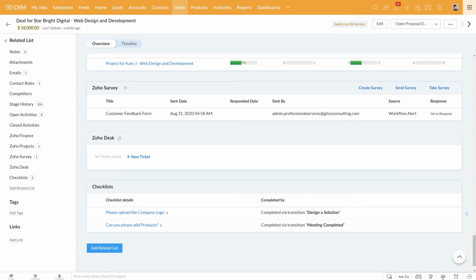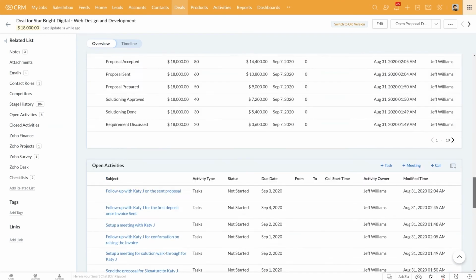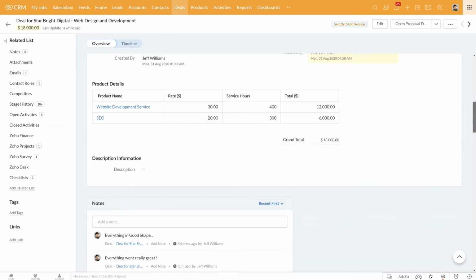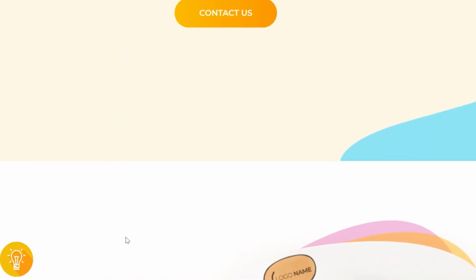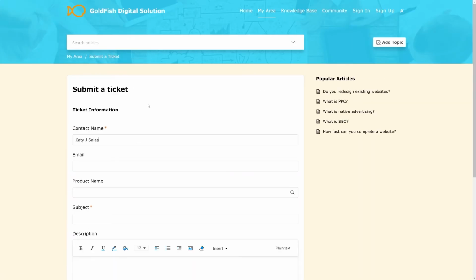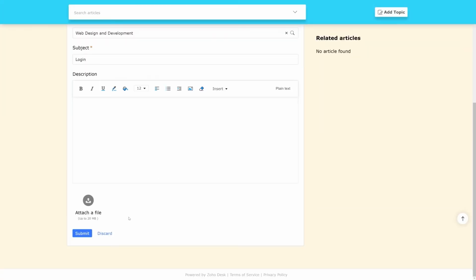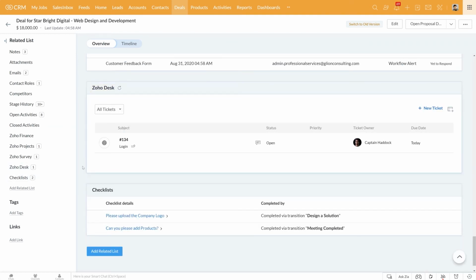As a professional services business, your job does not end with project delivery, does it? Often you have to offer support to your customers, and the quality of the support dictates your relationship with that account and any repeat business. Using Zoho Desk, you can manage this. You can create a beautiful self-service portal that offers information to educate your customers and let them raise support tickets should they need further help. The support tickets can be auto-assigned to the relevant team member and can be viewed right from the CRM console itself.